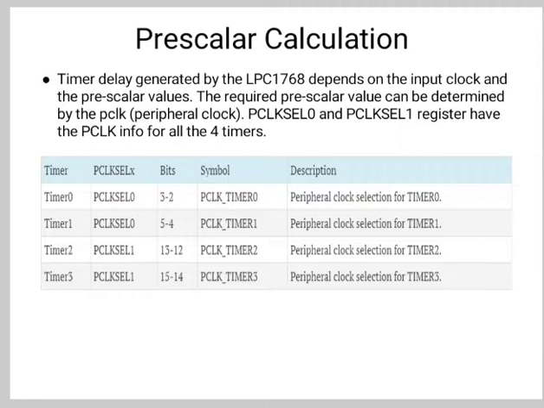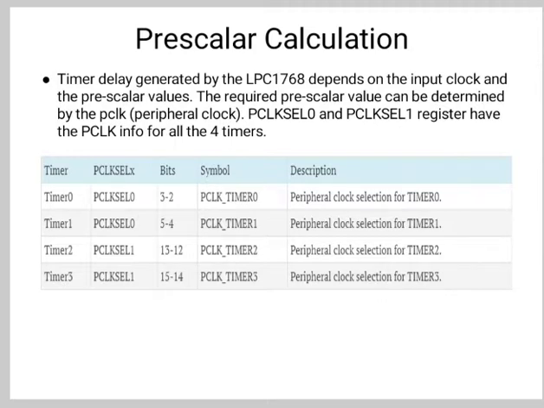So we will consider one example where we generate a precise 1 second delay using timer 0. The timer uses the PCLK, the peripheral clock, as a clock source. The peripheral clock has to be initialized before using the timer. So we have used the 12 MHz external clock to tick at 60 MHz. Before we jump into writing the program, we have to understand the setting of the timer registers, or we can say the sequence of operations. So we will be following it.